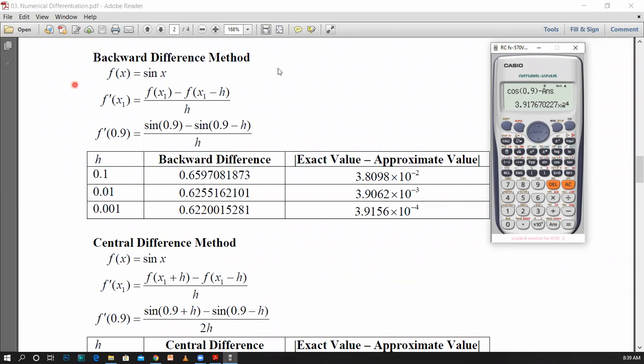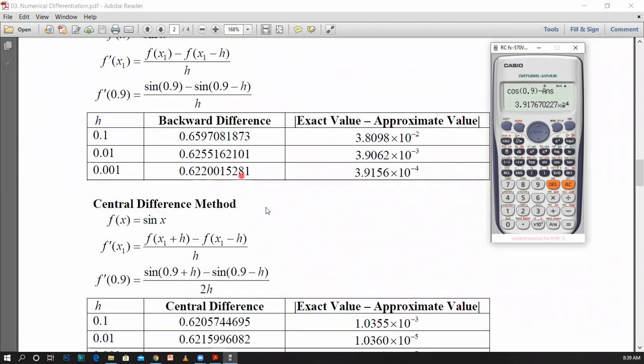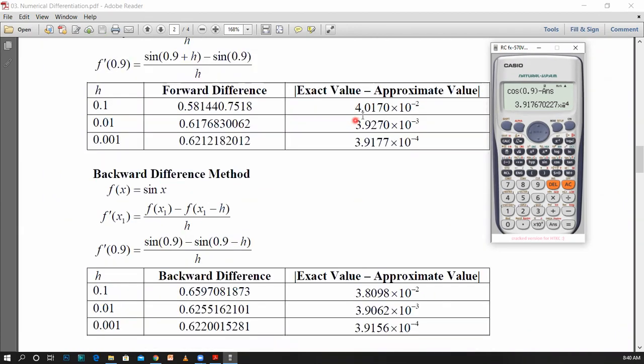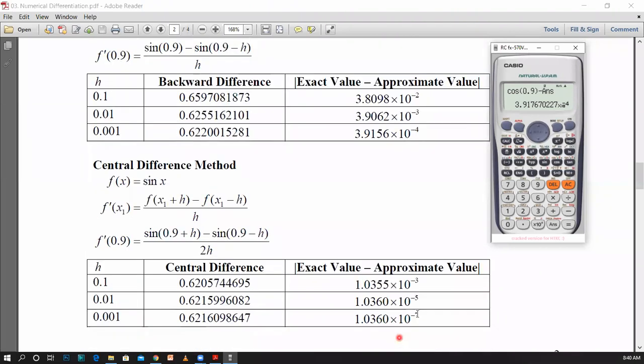Using the backward differencing technique, you can obtain these values, and once you use the central differencing technique, you can obtain these values. Now, comparing these three values, you can see that once the value of h is getting closer and closer to 0, you are getting much better approximations. It is because we are having very small deviations. Here it is 10 to the power minus 4, and here also we can see a value around 10 to the power minus 4. If you use the central differencing technique, it is much more accurate. Therefore, for smaller values of h, we are getting very good results.